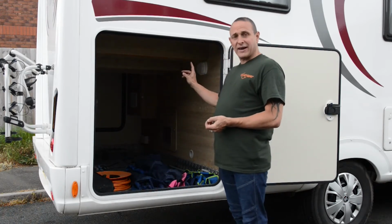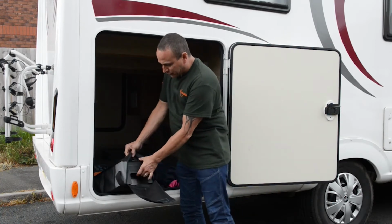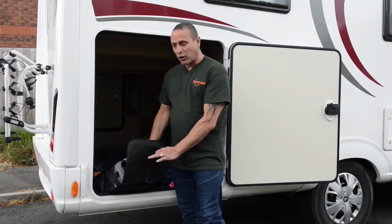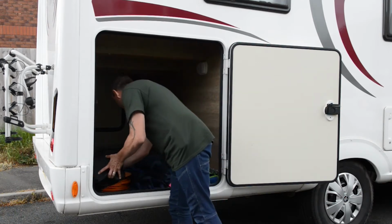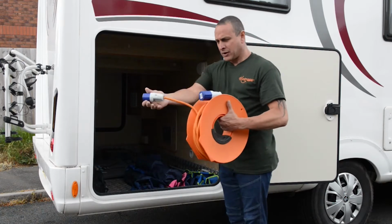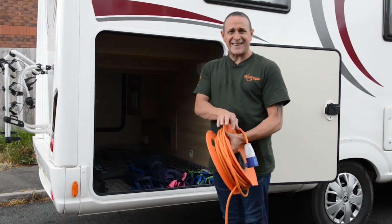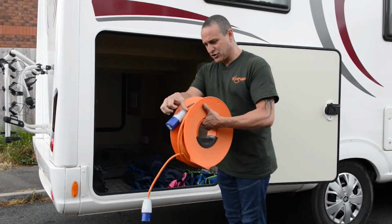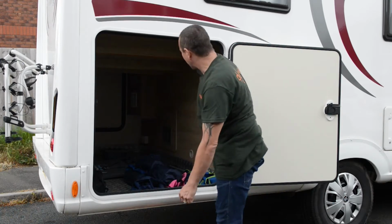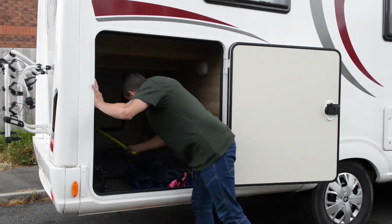We also have a table. We have levelling blocks. So if you get onto your pitch and the pitch is slightly unlevel, you can use the blocks to level off that pitch. We have our electric hookup lead. Male end goes into the campsite, female end connects to the motorhome itself. I'll show you the workings of that in a moment. We also have jump leads in this van. We also have our brushes in the van,